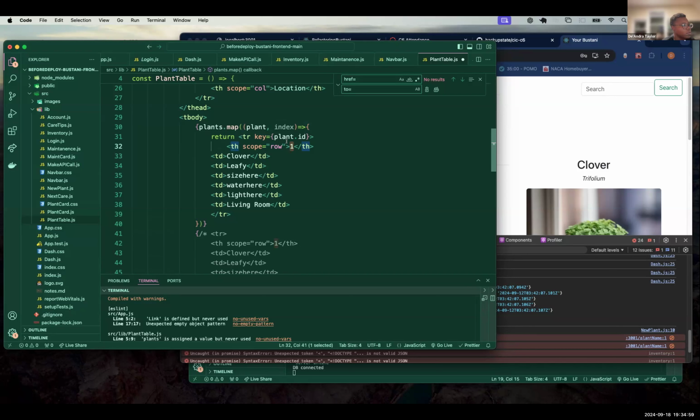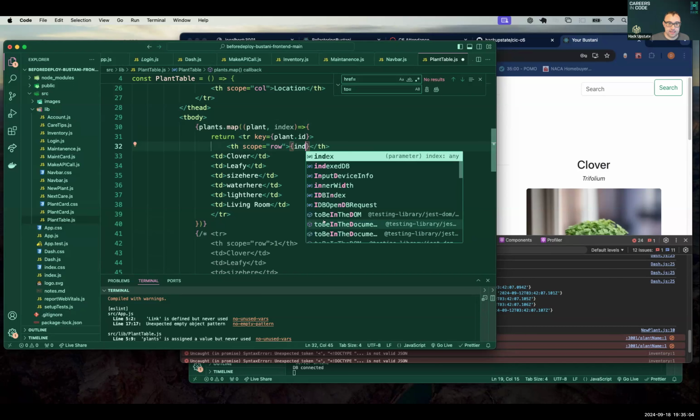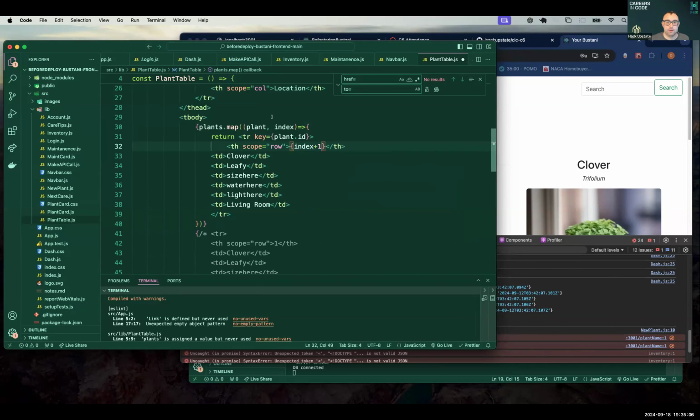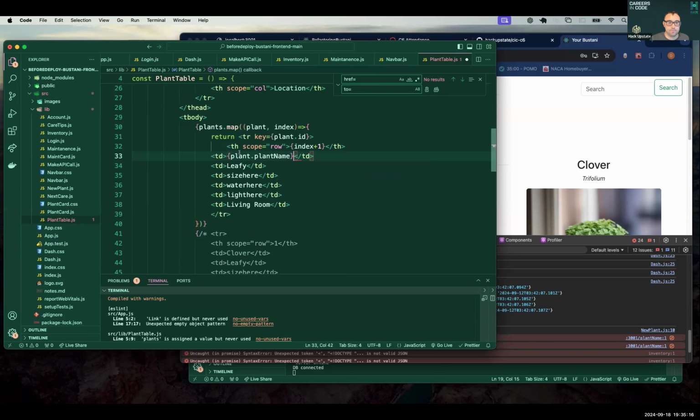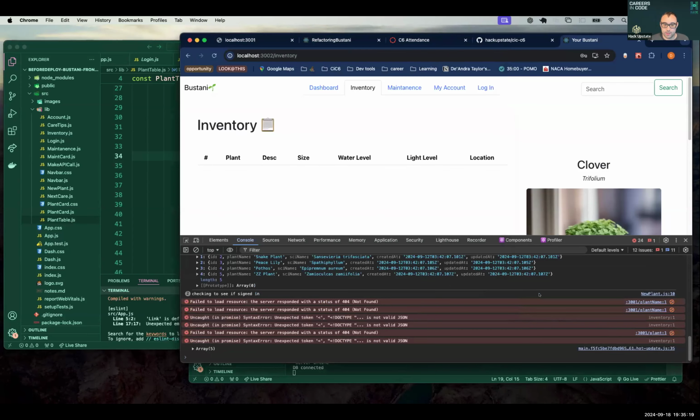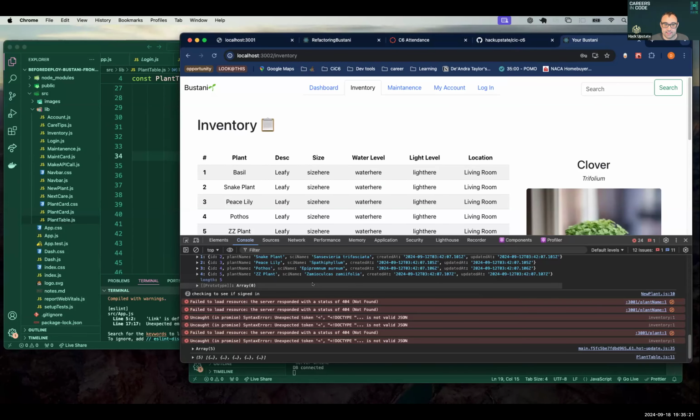Sequential. Okay, so this is going to be index. Yes, index + 1 because index is 0 indexed. And then this is going to be plant name.